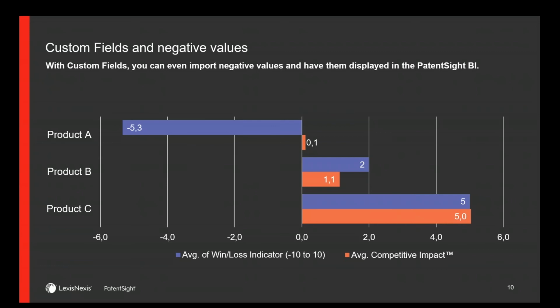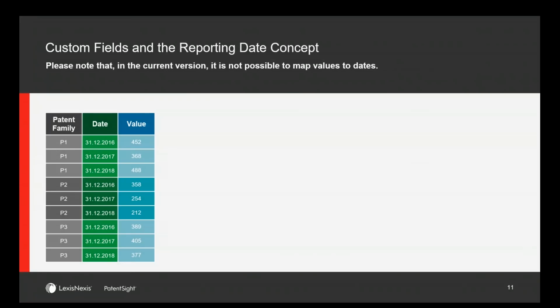And also, instead of using tags, here we have product A, B, and C. You could simply use custom fields and slice and dice your custom fields and your values in your charts according to your needs. Now, there's, however, regarding custom fields, one thing the user needs to be aware of, and this